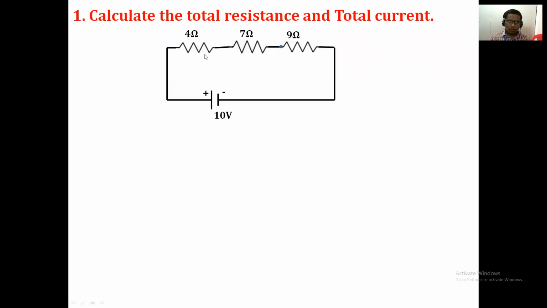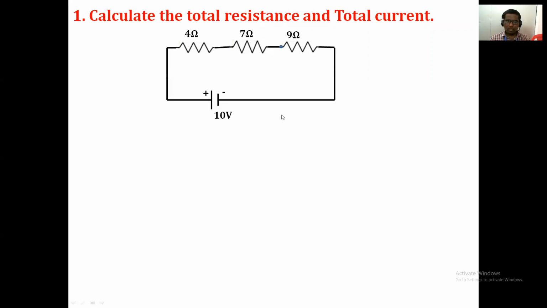Okay, but why? How do you identify or how do you say that these 3 resistors are connected in series? Resistors are connected end to end. Very good. The answer I expect from you is that the resistances are connected end to end. It means that between the 2 resistors there is one common point, and that common point is not connected to any other branch, so there is only one path for the flow of current. That's why we say that these 3 resistors are connected in series.